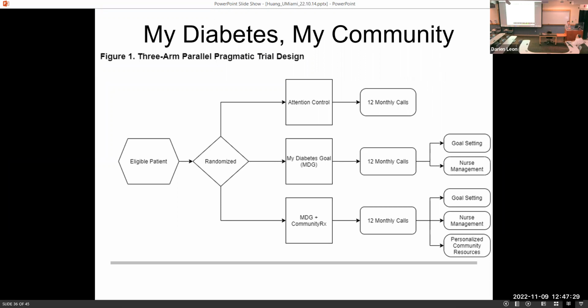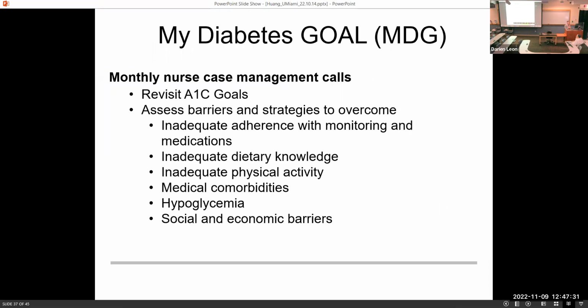through the community resource referral system. The real distinction of this trial from other protocols is the formal structured approach to goal setting for A1C. We use a mortality prediction model as well as a hypoglycemia prediction model, and use shared decision making to arrive at a goal for the patient at the start of the trial. So unlike most diabetes trials, where there's a single goal for a whole population, each patient has a distinctive goal based on these geriatric principles.